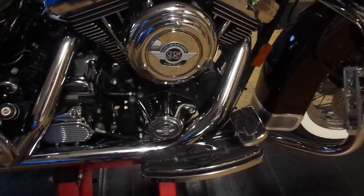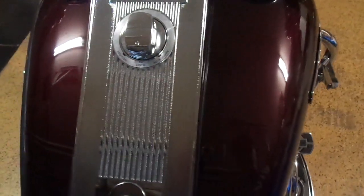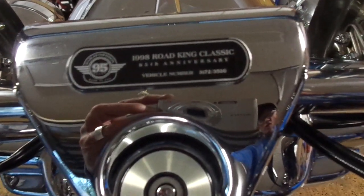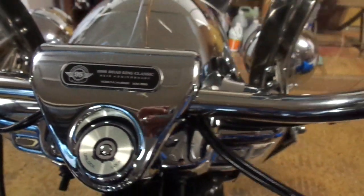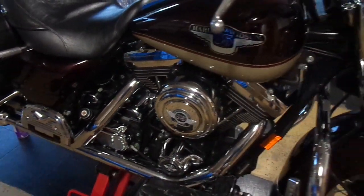And folks, I want to congratulate you on finding a piece of American iconic history. This is a true classic. This is a 1998 FLHRCI 95th anniversary, number 1172 ever made out of 3,500. That's right, folks. This is one of the best-selling motorcycles that Harley-Davidson makes, the Road King Classic, and what a